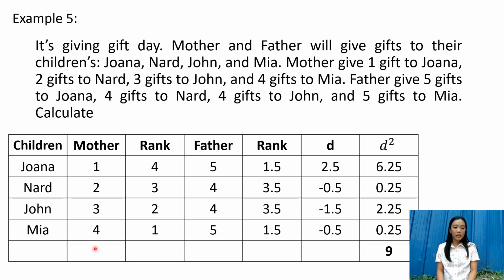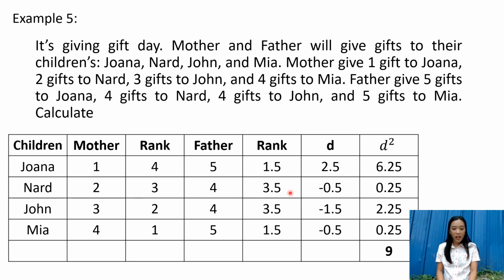Mia got 4 gifts, so she ranked first. John got 3 gifts, so he ranked second. Nard got 2 gifts, so he ranked third. And Luana, with the least gifts, received rank fourth. While in the second variable, father gave 5 gifts both to Luana and Mia, which again will be ranked from the median of 1 and 2 because they are 2. So the median of 1 and 2 is 1.5. So both Luana and Mia rank 1.5,